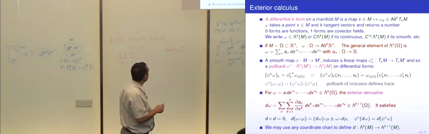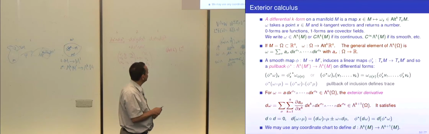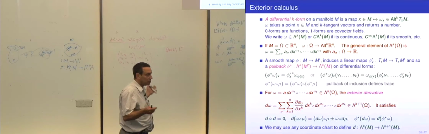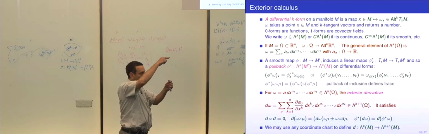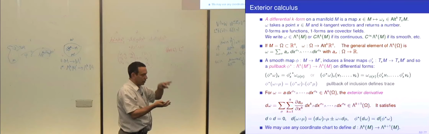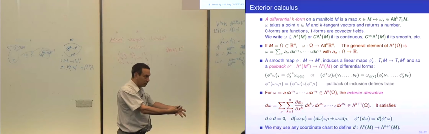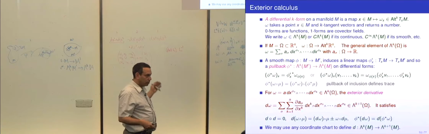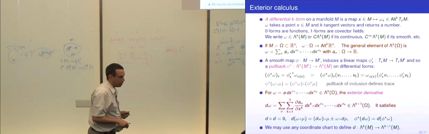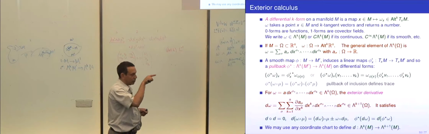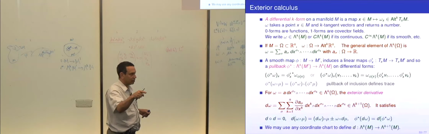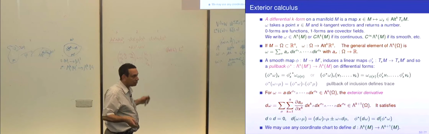I'm saying if you have two manifolds with a smooth map between them, then you can pull back. Okay? So if you have one manifold inside another, the inclusion is a smooth map between those. And so then you can pull back inclusions, and that means you can define traces. So the pullback is defined when the map exists. Just like if you have an L from a vector space to a vector space, if such an L exists, then you have an L star.